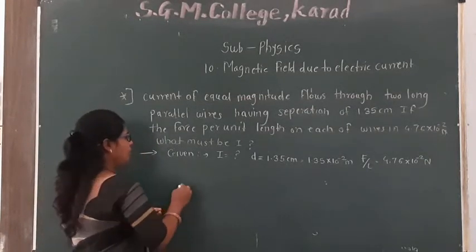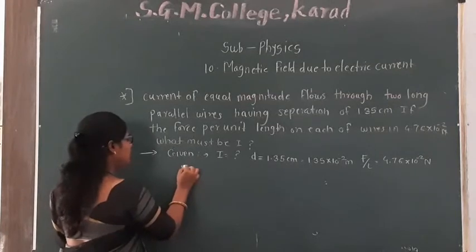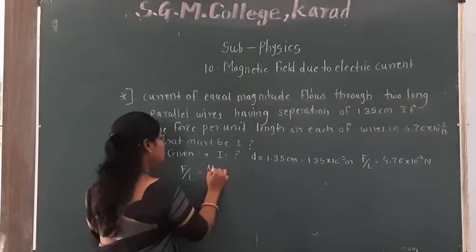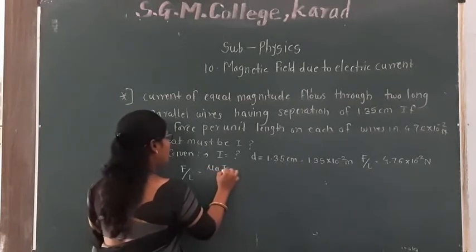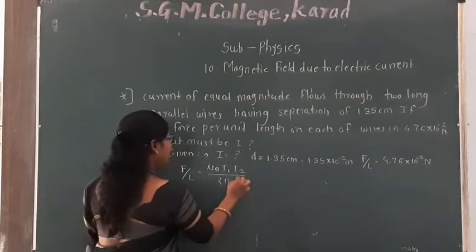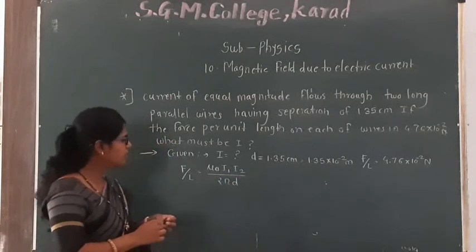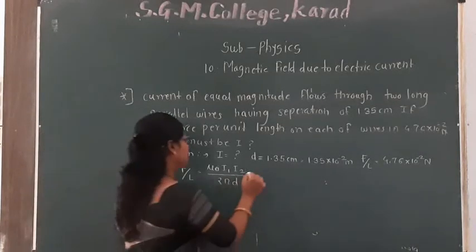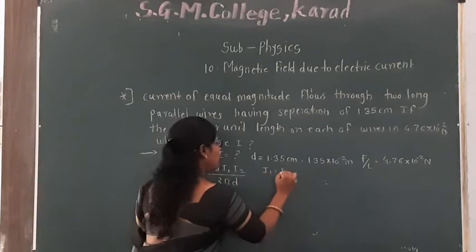Now the formula is F upon L is equal to mu 0 I1 I2 upon 2 pi d. But here I1 is equal to I2,